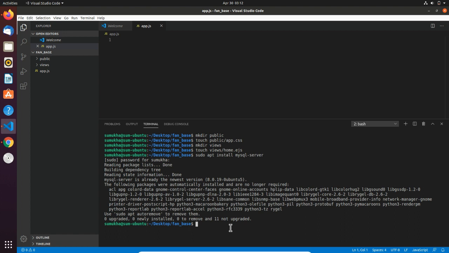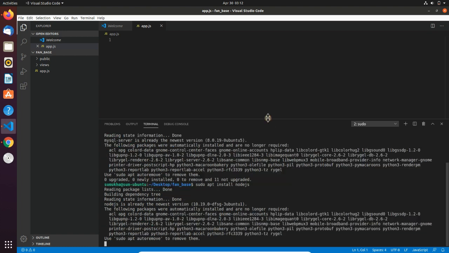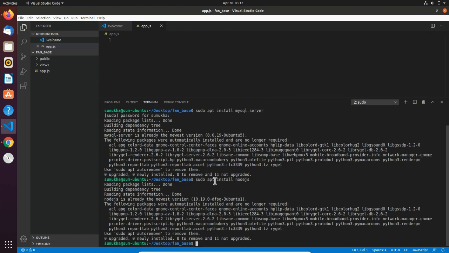Now let's install the most important thing here, Node.js. I've already installed it, so it did not install anything new for me. For you, if you have not yet installed it, the necessary packages will be installed after typing this command.